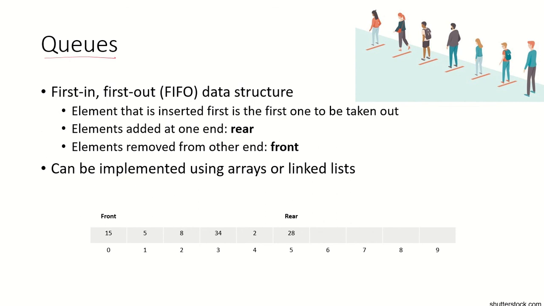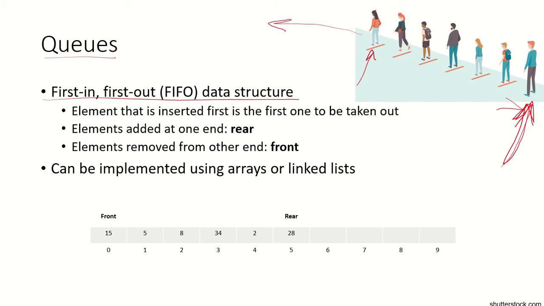Queues are another linear data structure. A queue you can think of as a line. So you have seen queues in front of the ticket counter of a movie hall or on a bus stand. In this queue, you know that new entrants will keep on coming at the end of the queue, and from the front of the queue people can leave. So this is a first in first out data structure.